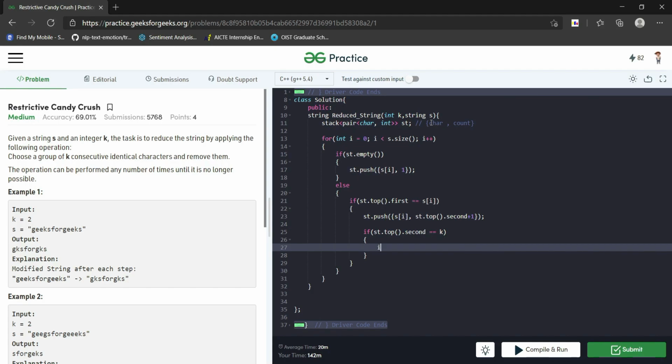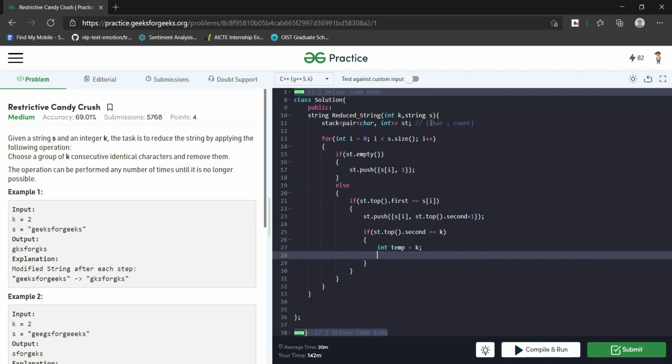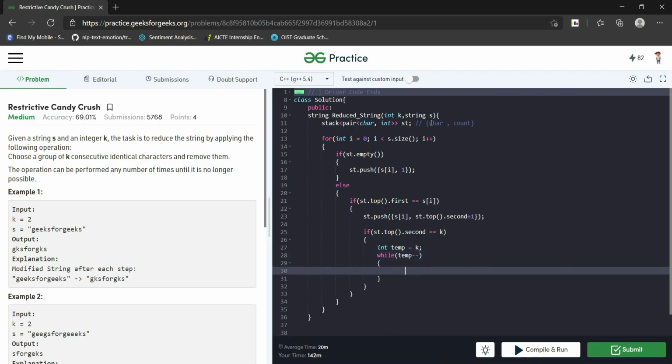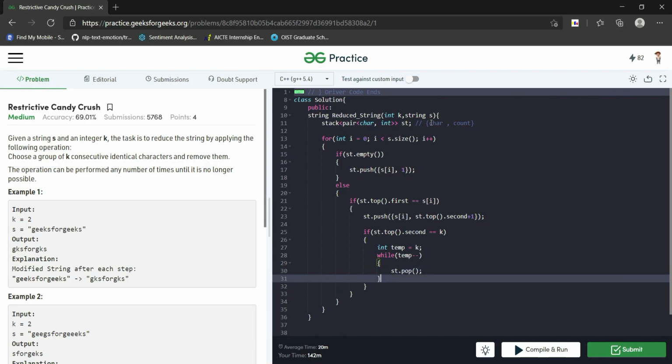So make some temporary variable which is equal to k. Now we will pop the stack k times. Right, so it has been popped.